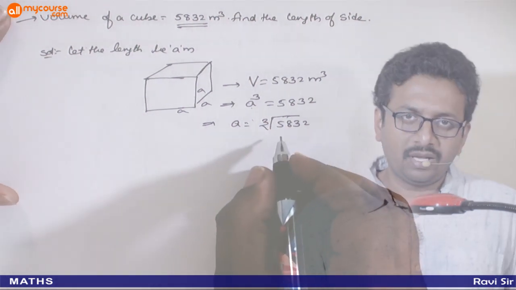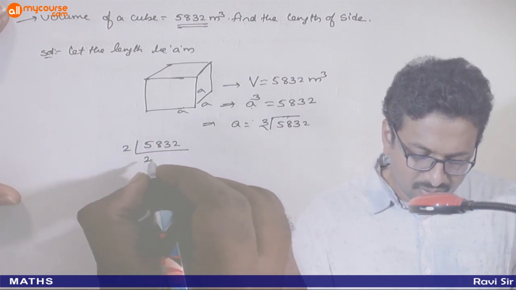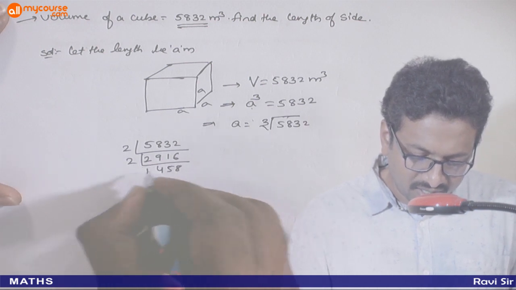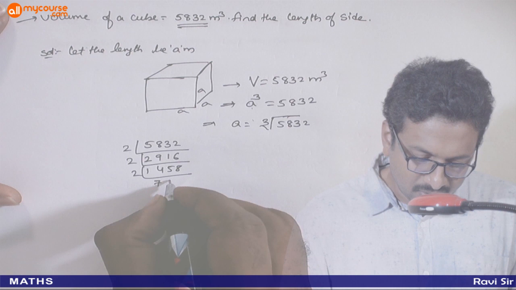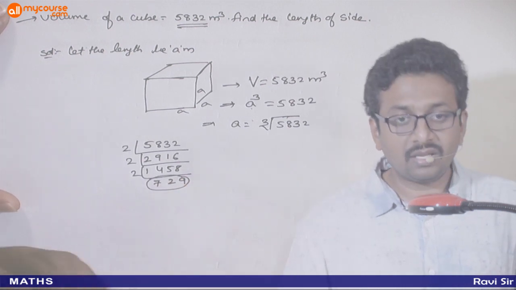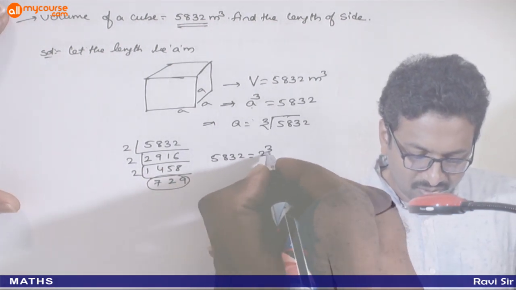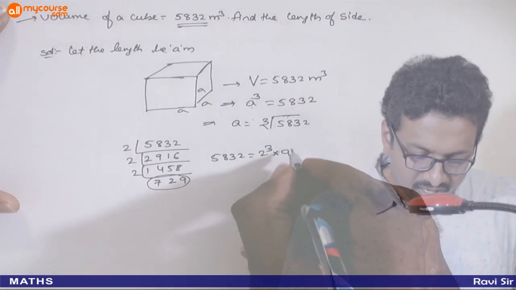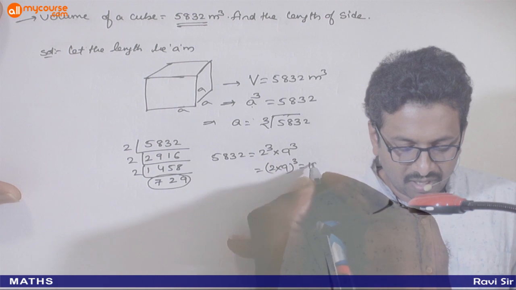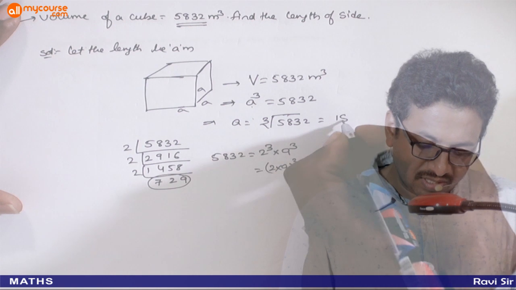Okay, इसका क्यूब रूट निकालना है. एक बार प्राइम फैक्टराइजेशन से भी करेंगे थोड़ा सा प्रैक्टिस. So 2 2s are 4, 2 9s are 18... 729. So 729 is 9 cube, right? So 5832 is nothing but 2 cube into 9 cube or 3 power 6. That is equal to 2 into 9 whole cube or 18 cube, right? So cube root of 5832 is 18.